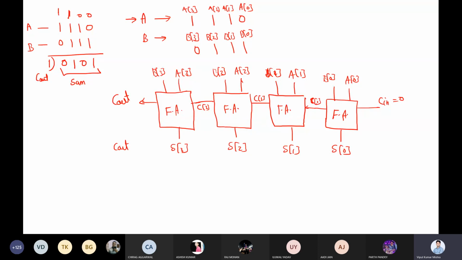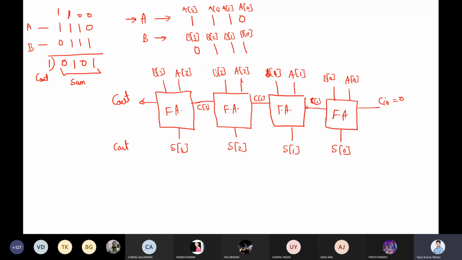So for 4 bits, we have taken 4 instances of full adder and connected them together so that we can add a 4-bit number. Suppose now I want to add an 8-bit number. So what modification will you do in this design? Sir, we will add 4 more adders. Exactly. So 4 more adders will come, and then you are able to make an 8-bit full adder. Similarly, if you want a 32-bit adder, you will simply club 32 full adders to make a 32-bit adder.